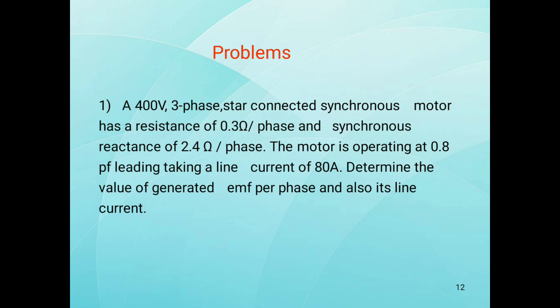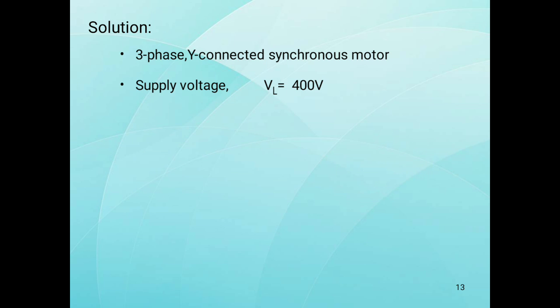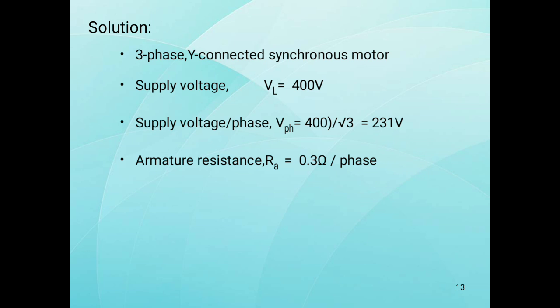They are asking for the generated EMF and current. Now the solution: this is a 3-phase star connected synchronous motor. The supply voltage VL is 400 volts, and the phase voltage is the line voltage by root 3, which gives 231 volts. The armature resistance RA is 0.3 ohms per phase, and the synchronous reactance XS is